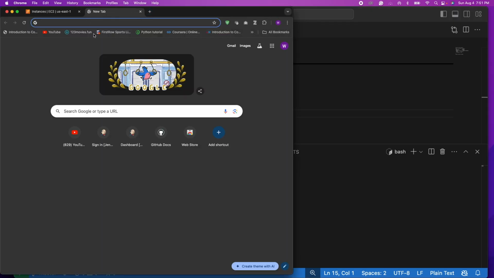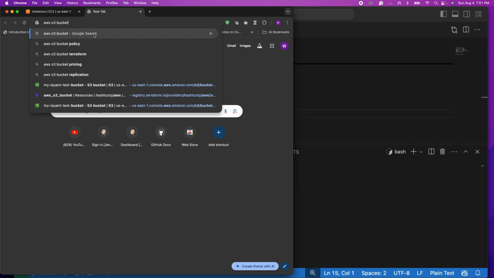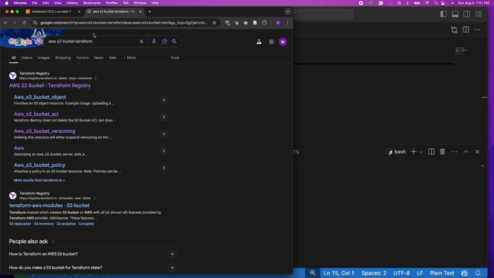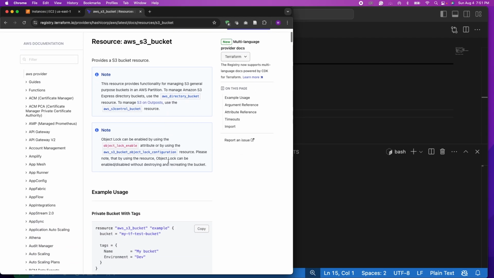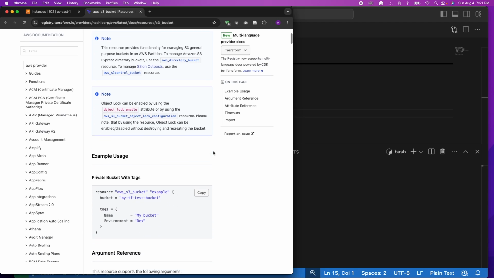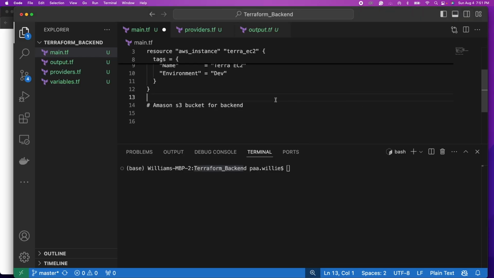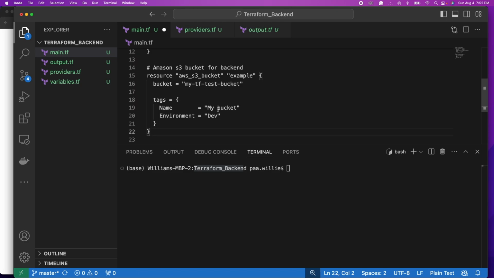So I'm going to Google AWS S3 bucket Terraform. This will help you to create a bucket. So this is a sample code. I will just copy this and edit it. So paste this here,